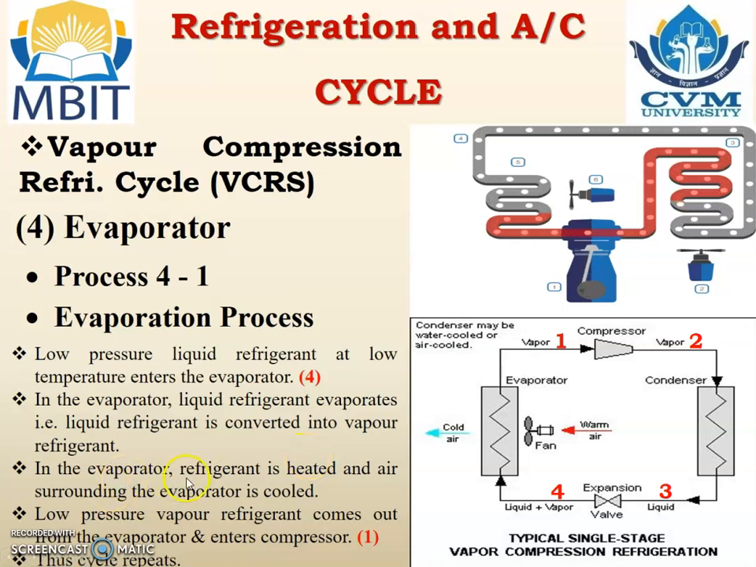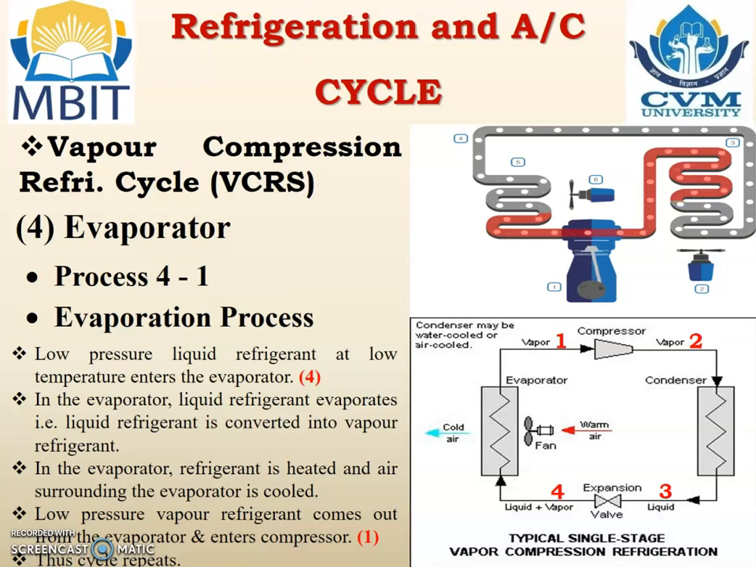So in the evaporator, refrigerant is heated and the air surrounding the evaporator is cooled. As the refrigerant in the evaporator is converted from liquid to vapor, it is heated, and due to that, the surrounding air is cooled. Low pressure vapor refrigerant comes out from the evaporator and enters the compressor. And thus the cycle repeats. So these are the 4 components of the vapor compression refrigeration system, and the processes that take place